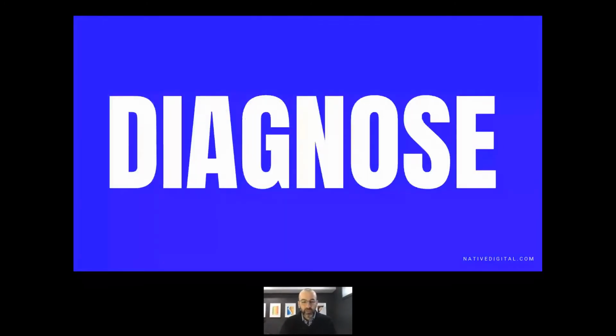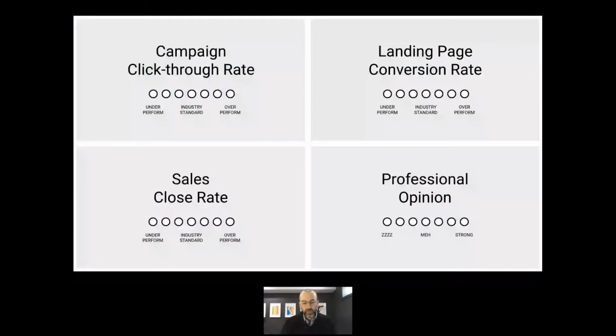So let's first talk about diagnosing the messaging. Is it strong? Is it weak? How can we help? I really tried to make this a very simple diagram, something you can almost just keep in the back of your mind. You don't even have to have this on a piece of paper. You can almost memorize these. And when you look at messaging, you can evaluate it on these 4 factors, to help evaluate the strength of messaging. And I would say it could be worth printing this out and looking at a variety of your messaging.